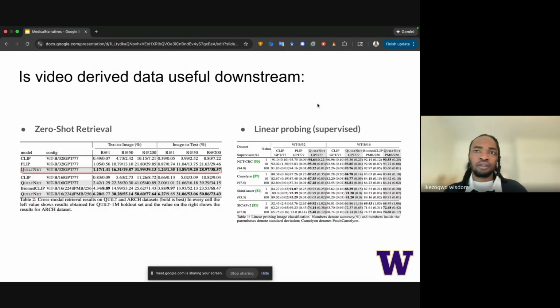Our model outperforms all baselines in aggregate with strong performance in both zero-shot retrieval, where our modified model outperforms on our held-out set, and in our linear probing test, which is more supervised, where we train a linear head on top of the model. We see improved performance over baselines on our patch-level test sets, which demonstrates a transfer of our learned representations, right?